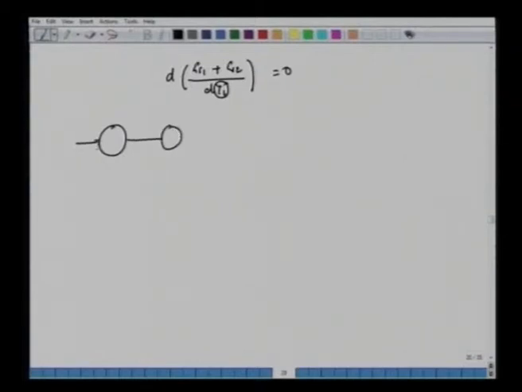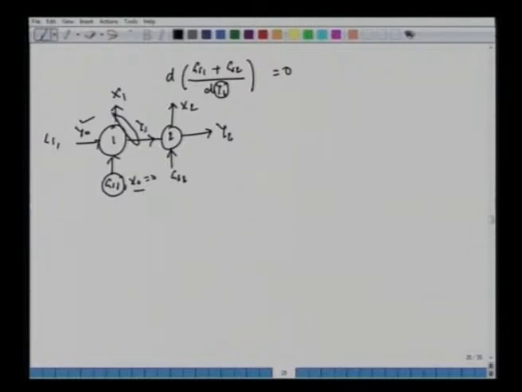Again, go back to the stage configuration we have. Stage 1, stage 2, this is Y1, this is Y0. This is GS1, X0 is 0, we have X1. This is again X0, but now we have GS2, this is X2, and now we have this Y2. So if we vary the amount of GS1, Y0 is fixed, LS is fixed, X0 is fixed, and we say that the two exit streams are in equilibrium, all it means is that Y1 or X1 is a function of GS1.